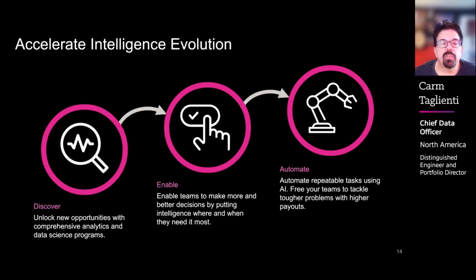Then enablement really has to do more with how I take that data once I've collected it and turn it into actionable results that can be consumed by business teams. So making better decisions and then trusting those decisions. Trusting decisions really is a result of trusting your data at the end of the day.